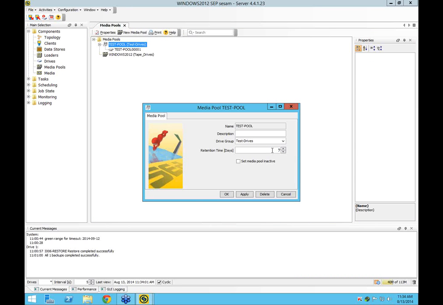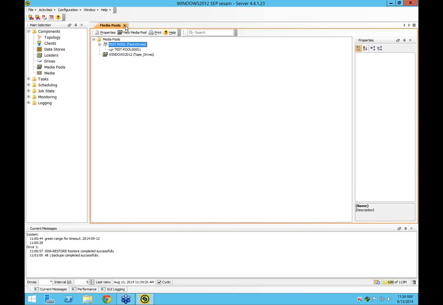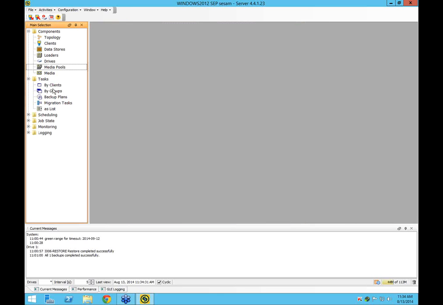So commonly we have weekly, monthly, annual, and archival media pools. Those can be split across a number of machines, a number of operating systems, in any combination you want. Also, in addition to doing backup and recovery from a media pool, we can also migrate from one media pool to another. So you can do any type of tiered storage architecture, or disk to tape to cloud, or disk to cloud to tape, or any combination that you like for your environment. Most commonly, that's a disk to tape or disk to cloud type situation.